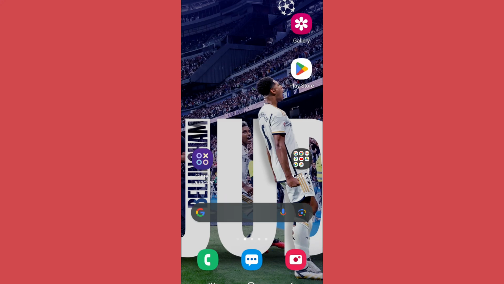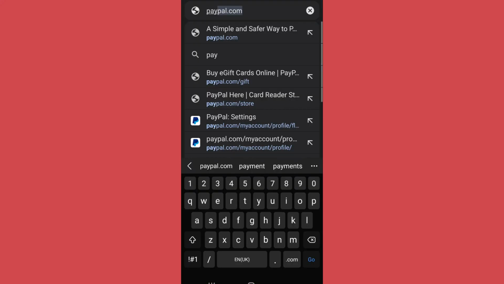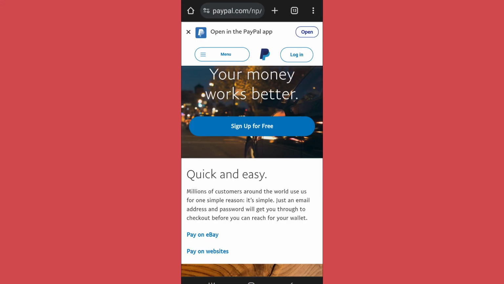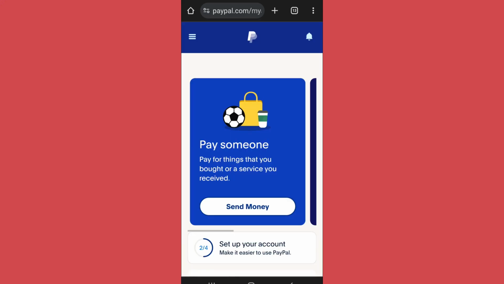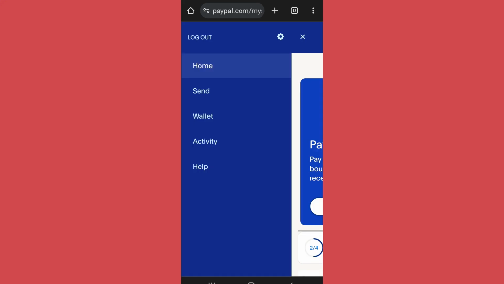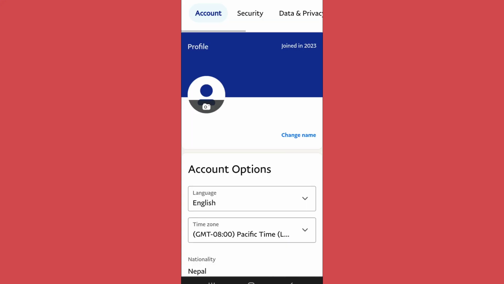So go to any browser, then head to paypal.com. After you enter the website, log into your account. After you log into your account, tap on three lines on the top left of your screen. Then go to settings. Just below your username, you will find this language option from where you can select your